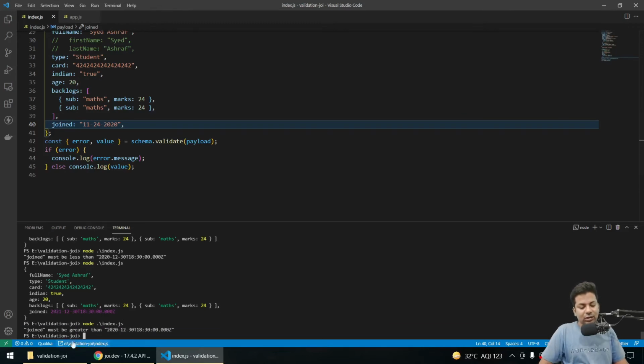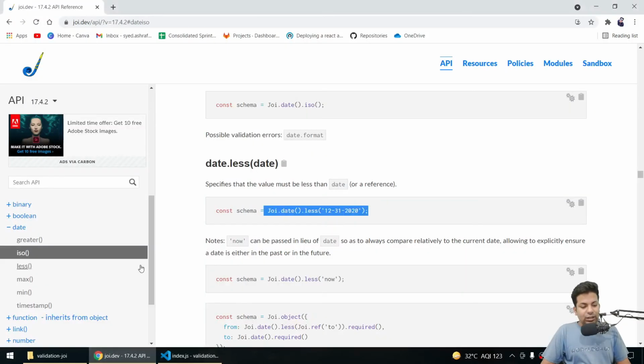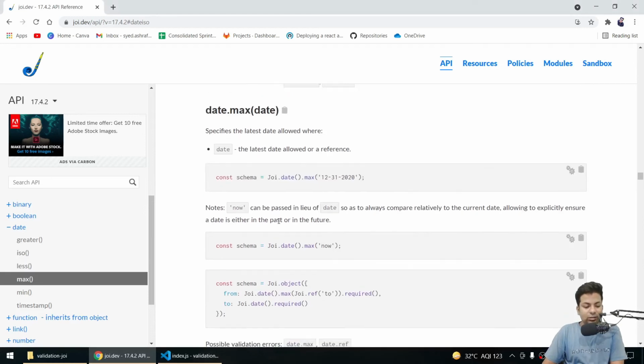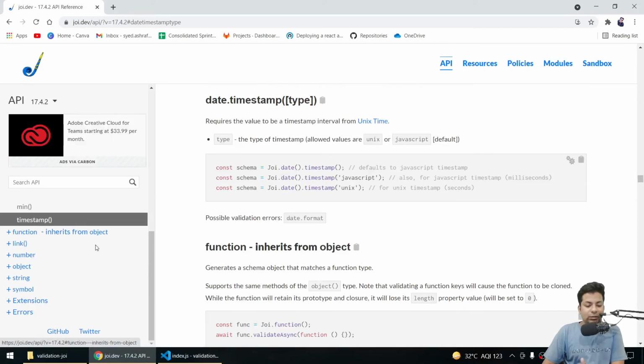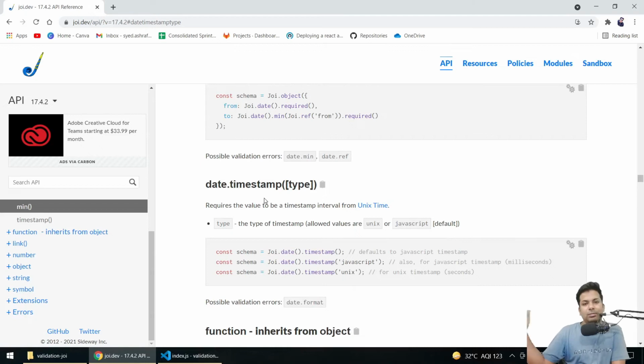You can see joined must be greater than this date. So you can always put this validation: less, greater, maximum date, minimum. Then timestamp is also there if you are sending a timestamp, but these are not that much use. Maybe some backend is sending your data, that's another part. But if the user is filling it by themselves, it's very rare you'll see these.